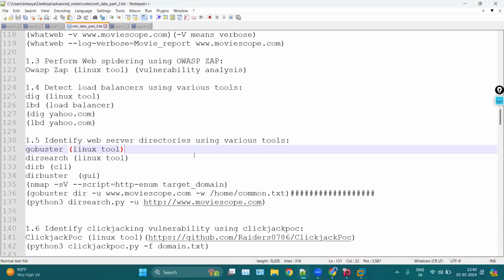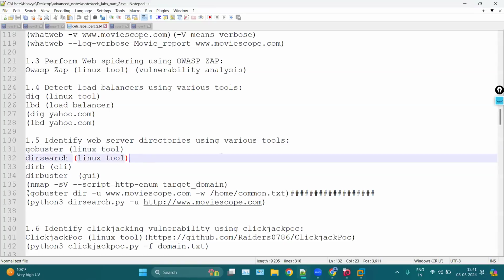Then we have identified the web server directories using various tools, which is Directory Buster or DIRB. So we have already used DIRB or Directory Buster. In place of DIRB or Directory Buster, you can also use Gobuster. Like you can use Gobuster dir for the directory